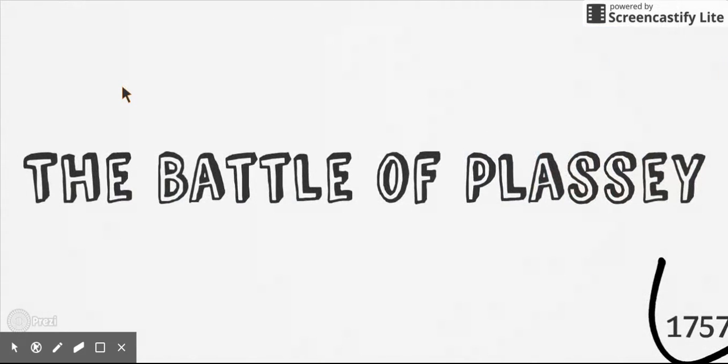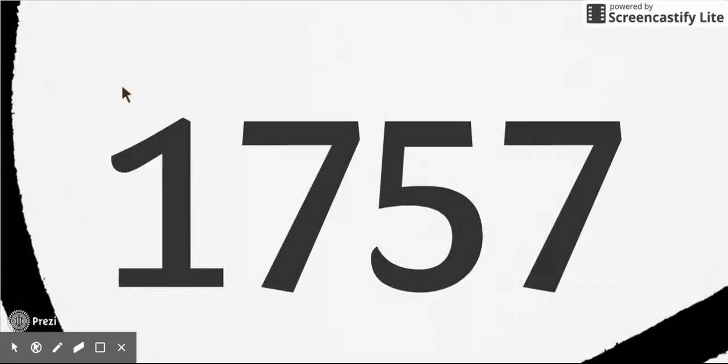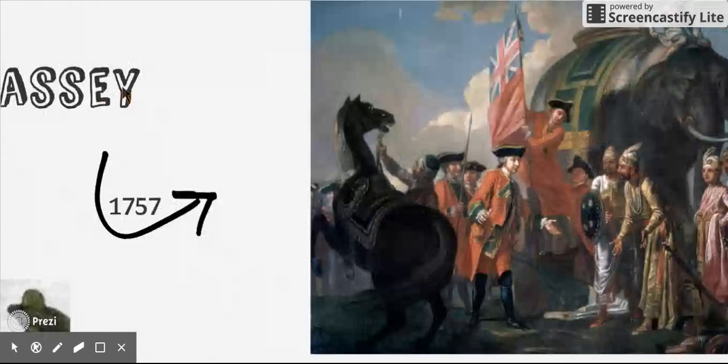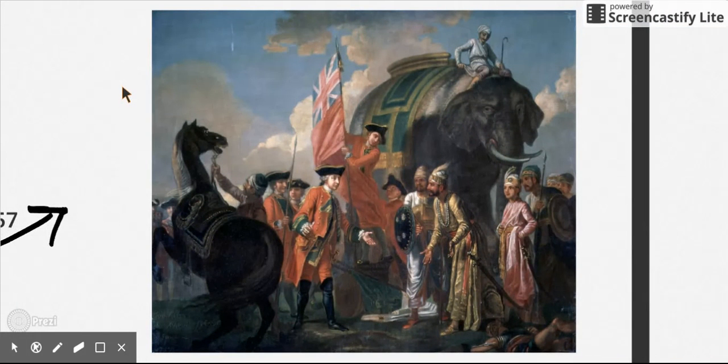The Battle of Plassey. The Battle of Plassey dates back to 1757 when Siraj ud Dowlah ruled Nawab in Bengal. Siraj felt threatened by the British influence over the Indian subcontinent and tried to make an attack towards the British